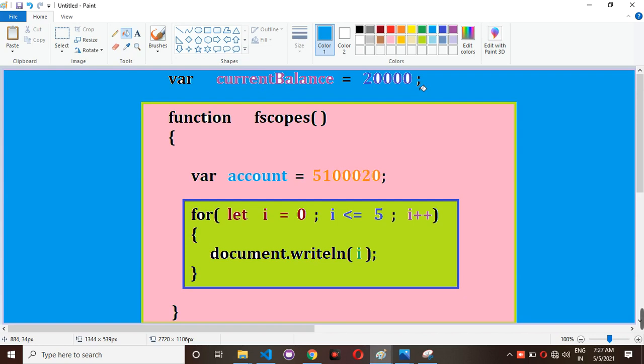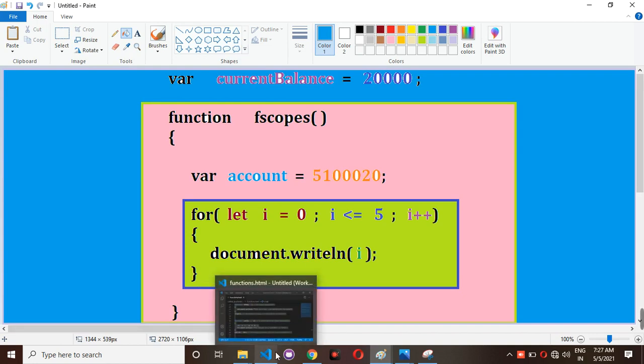The scope of the global variable is global scope. What is the global scope? You can access this global variable outside of this function as well as inside of this function, and inside this block also. Global means throughout the program you can access that global variable.